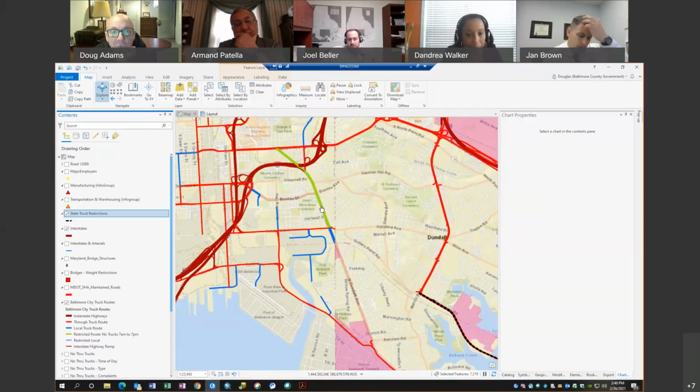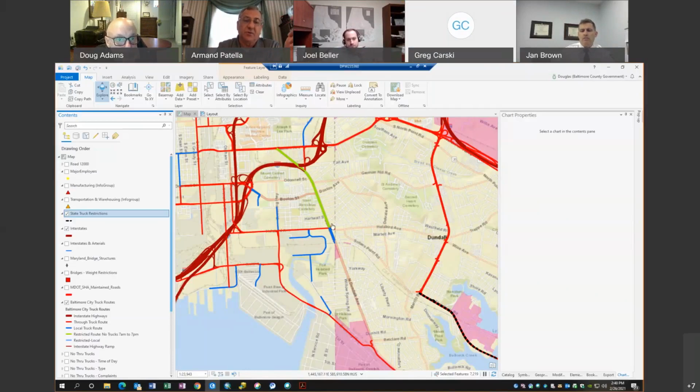I agree with you, Captain. That's a key one, especially Halliburtt too. Yeah, Halliburtt as well. You know, Dundalk also gives you access to I-895, if you mind the 7 to 7 restriction on, I guess that's Kane Street, the green. This one here? Correct. Sorry, you probably can't see my cursor, so I'm going to have to use the control key. Yeah, no, I got you. Okay.